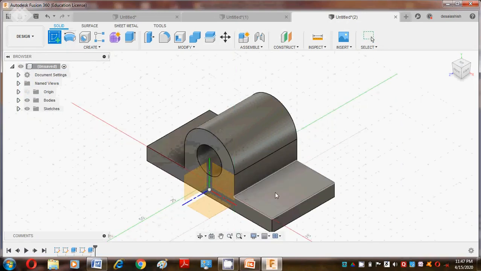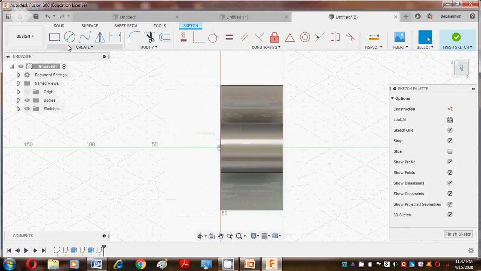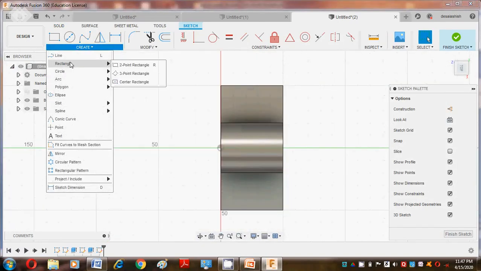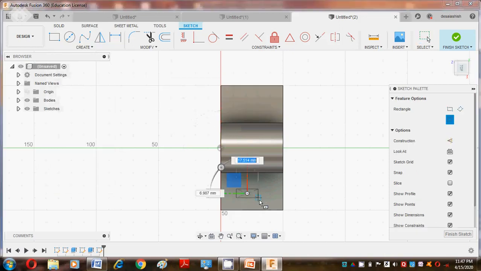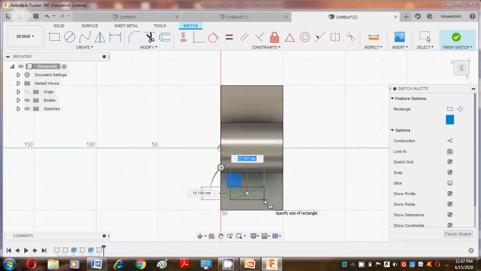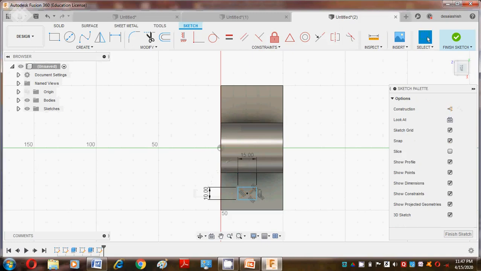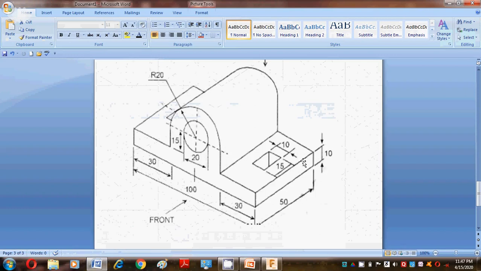So again I select this curved sketch, go to this top edge, then I select the line command. You can say select rectangle. Approximately I draw here first. So this parallel edge is 50. So here put a 50. Then you can press the tab button and then it is 10 mm. So say okay. After that we go to the home and from this edge to this edge,